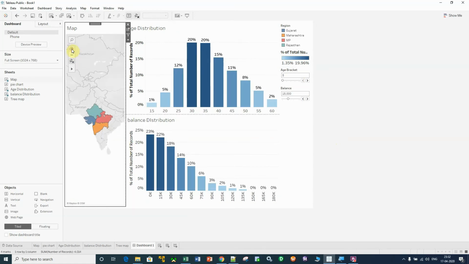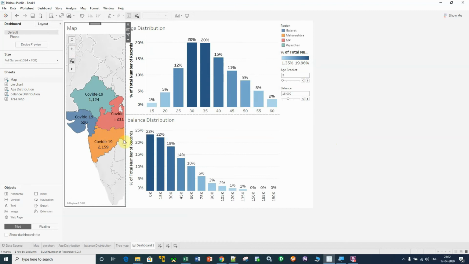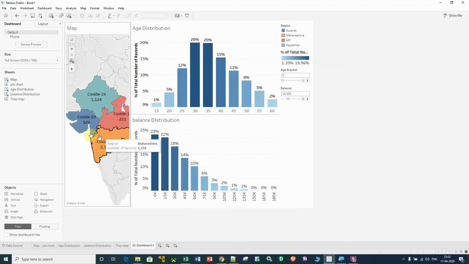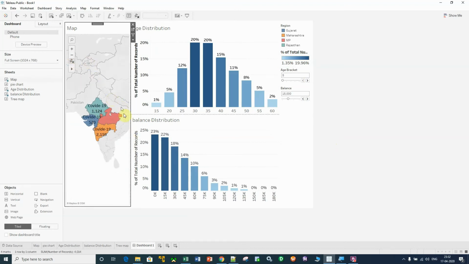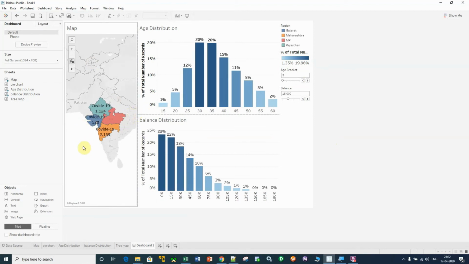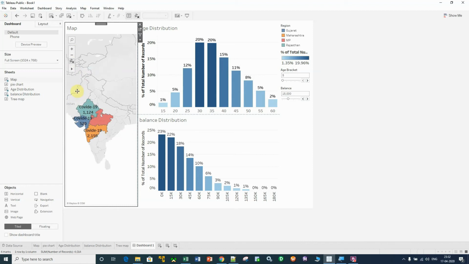Here you can zoom it. In that way you have to adjust your dashboard a little. Take this, and with the help of this you can adjust your map, right?